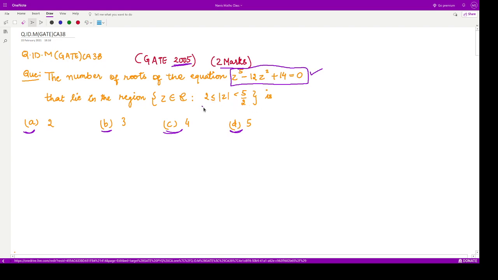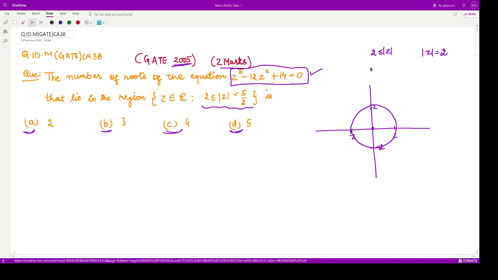So let us first see what is this region. We have all those complex numbers z which lie in this particular annulus. So let us have a look at what this region is. Here we have these two quantities. Firstly, mod z is greater than or equal to 2. For that we just take the equality constraint and first draw the circle centered at 0 with radius 2. So say this is 2, right? This particular circle would be this one.